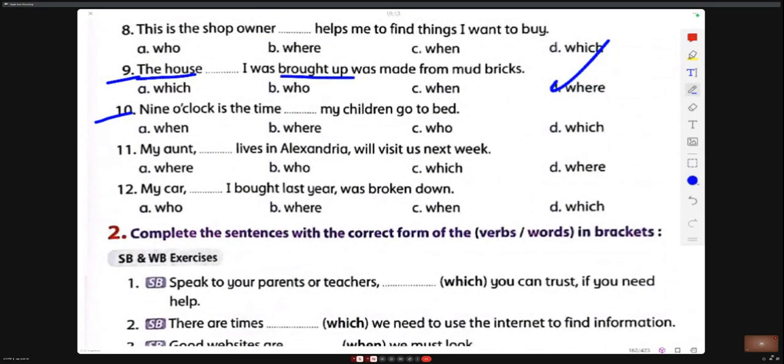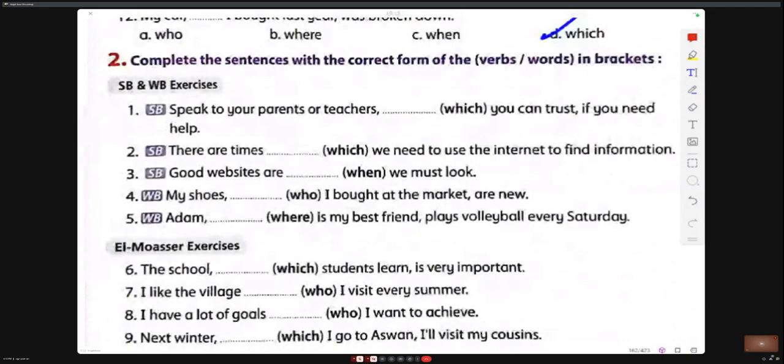Nine o'clock is the time when my children go to bed. My aunt who lives in Alexandria will visit us next week. My car dash I bought last year broke down. My car which.